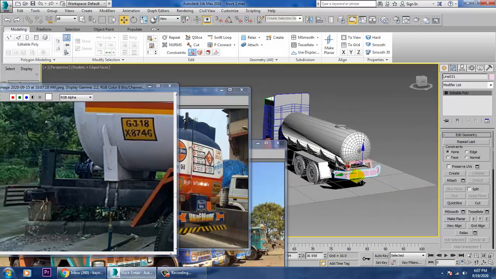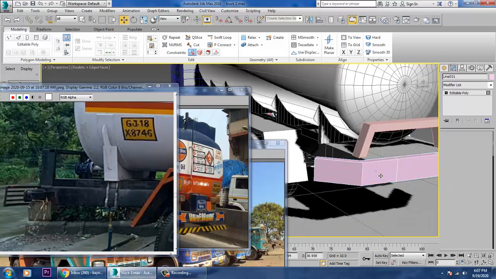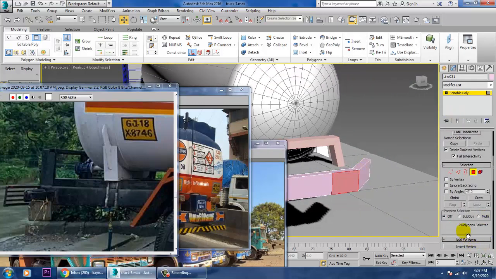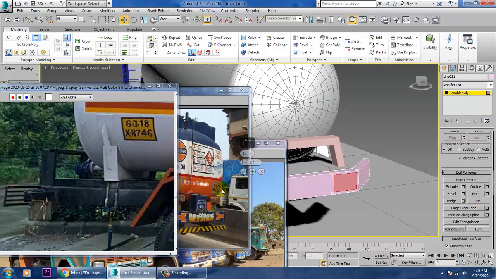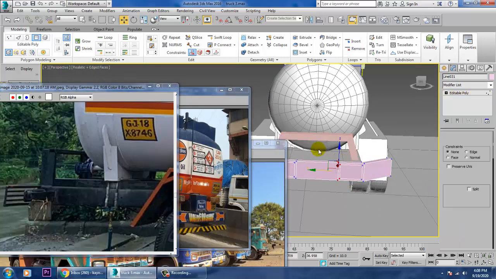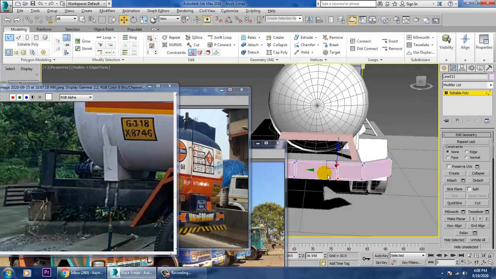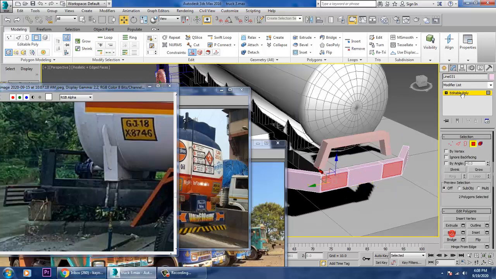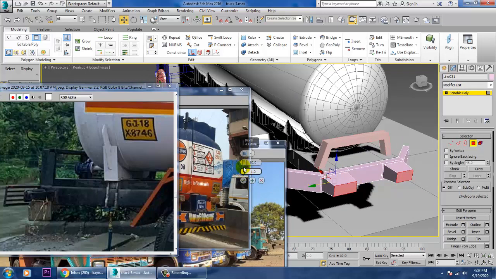Let's go into the polygons, select this, and give a bit of inset, click OK. Then select the polygons and give a bit of bevel over here, click OK.